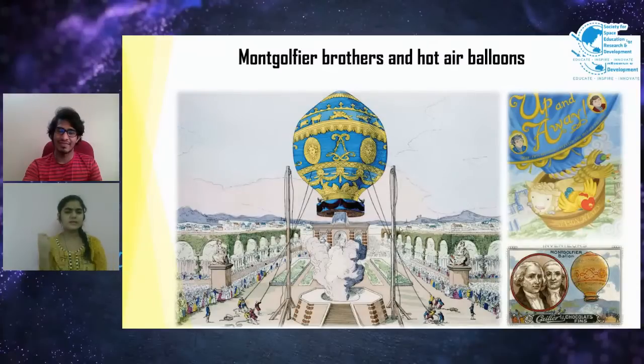You all must know about the sky lanterns we fly in the air. They work on the principle of hot air balloons. There's a story behind that. There were two brothers called the Montgolfiers. They used to stay in Paris, and in 1983, oops, my bad,